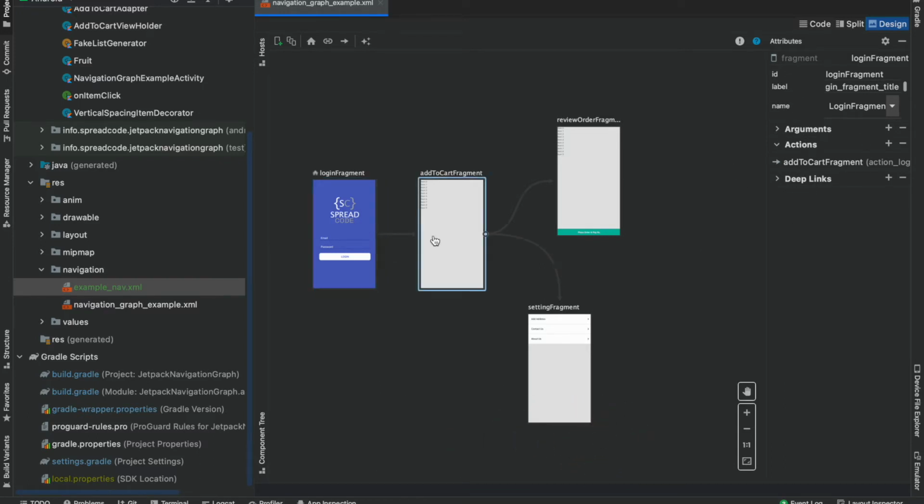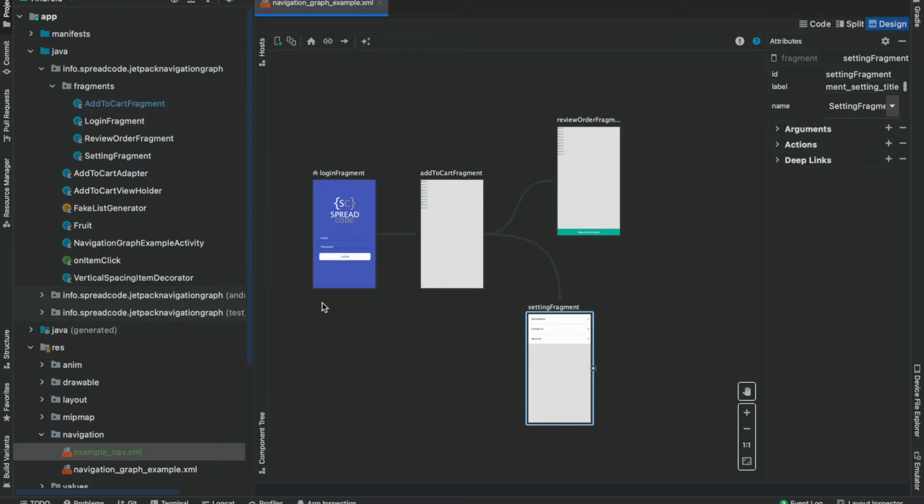Okay, you can just tap on this and you can get an overview of what is happening with this particular fragment. And now I will try to use this navigation graph in my activity. And let me remind you one more thing. We will be only using one activity, and inside that activity we will be creating multiple fragments, and those fragments will be added through the navigation graph.